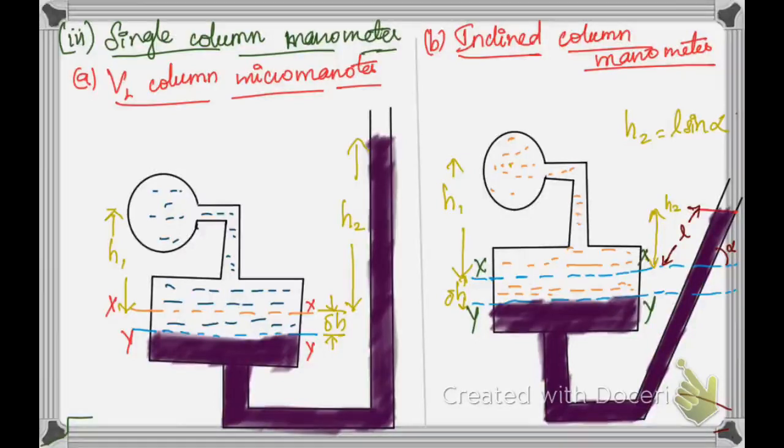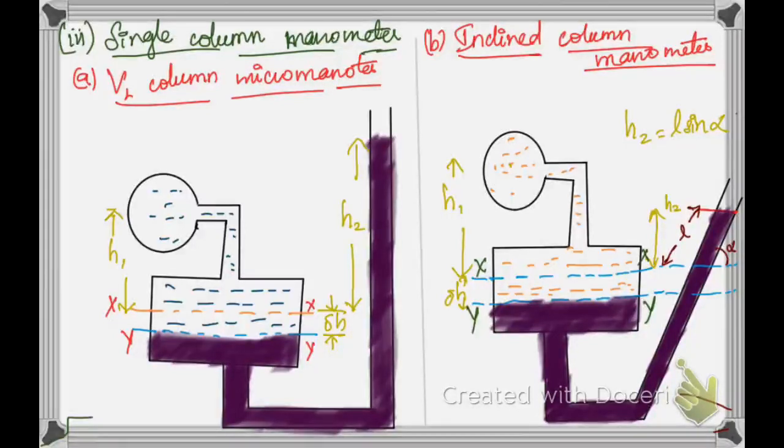So you can see the pressure difference. Del H will be the change in the level of the reservoir, you can notice here. Initially the datum line can be XX, and due to the change in pressure it can be shifted to YY. There are two types of single column manometer. One will be the vertical column manometer, and another will be the inclined single column manometer. You can see the next picture, B picture. Initially both the limbs are exposed to the atmospheric pressure.